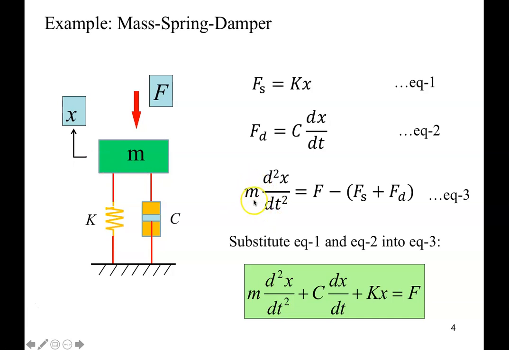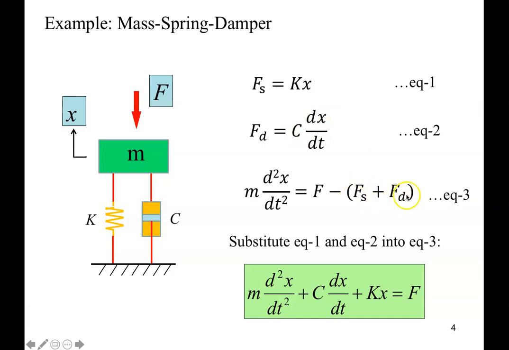So m times a equals F minus the total of the two resistive, or opposing, forces, Fs plus Fd. If I substitute equations 1 and 2 into here, so Fs is kx, Fd is c x dot,